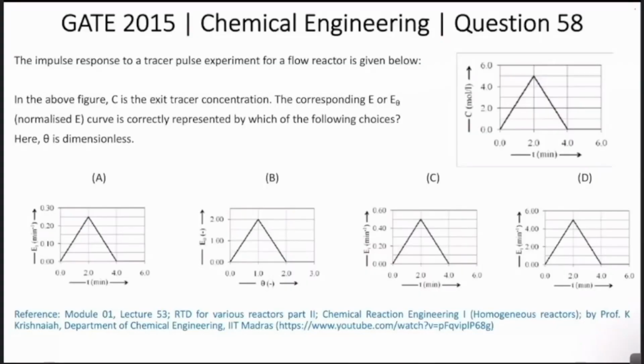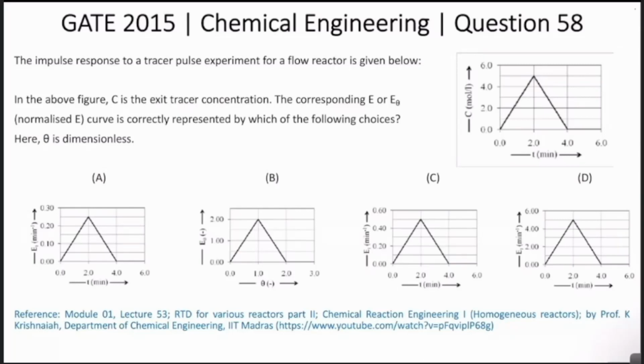Question from GATE 2015 from Chemical Engineering, question number 55. The impulse response to a tracer pulse experiment for a flow reactor is given below. In the figure, C is the exit tracer concentration. The corresponding E or E theta curve, or the normalized E curve, is correctly represented by which of the following